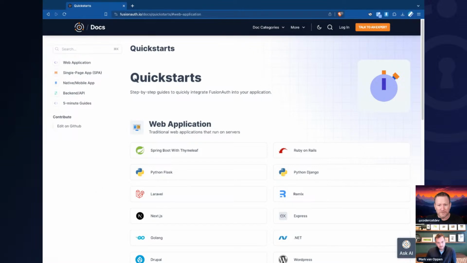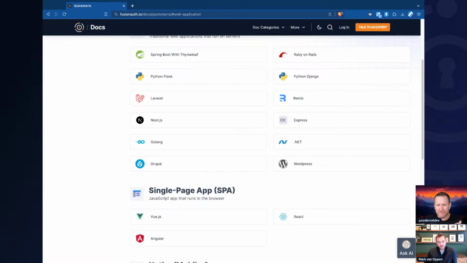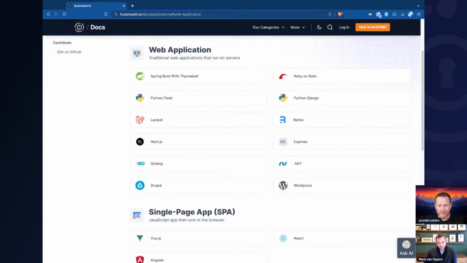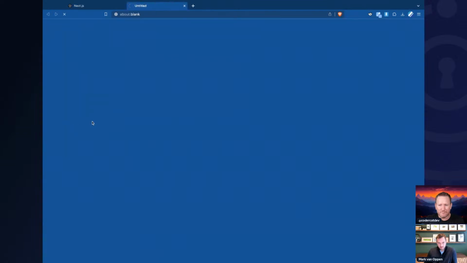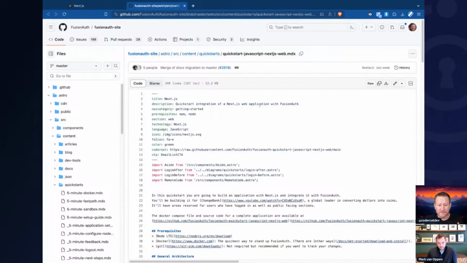When I first joined, we were doing things in, I think, AsciiDoc, which was frustrating for probably most people updating it. There's still some of that floating around in our repo, but the core of everything at this point, and Lyle will probably kill me because I don't know the exact numbers, is that we actually have everything in Markdown. So here's the Next.js quick start that I wrote. When this is out here, you can click on this edit on GitHub now, and it should open up. And if it doesn't, let me know. But it should open up to the correct MDX file,